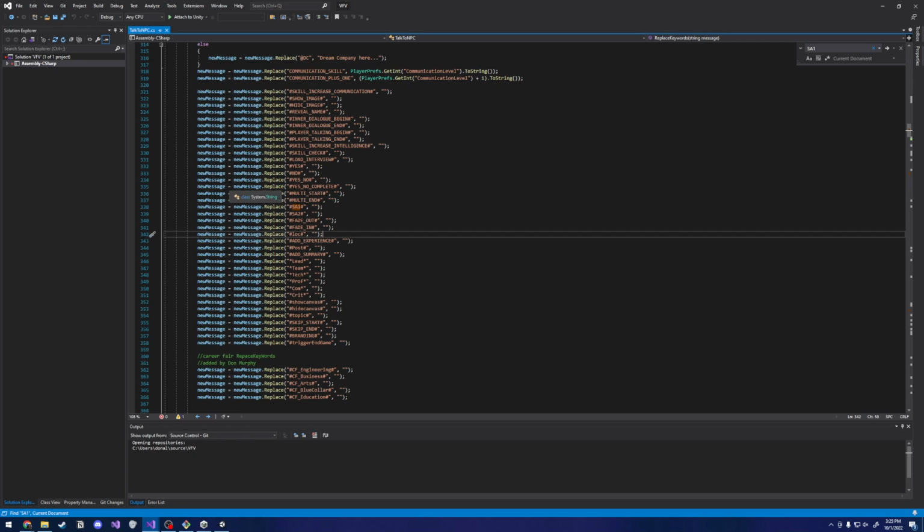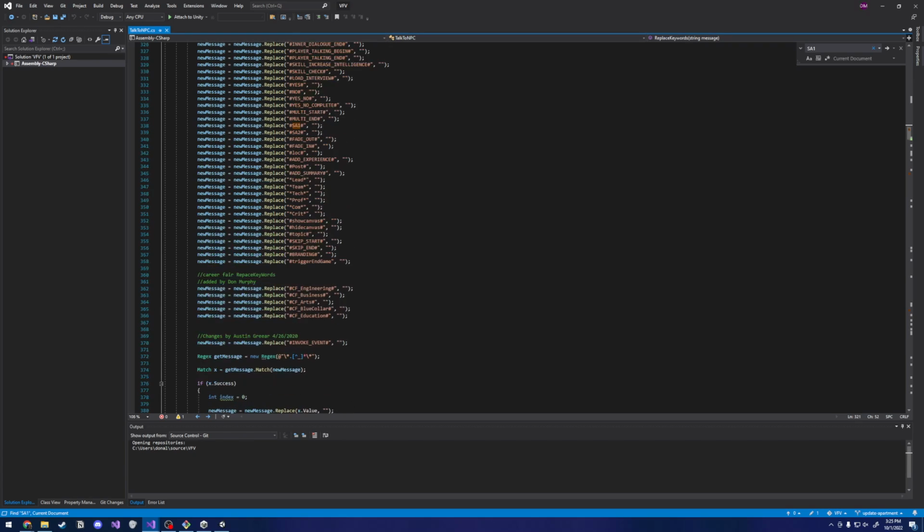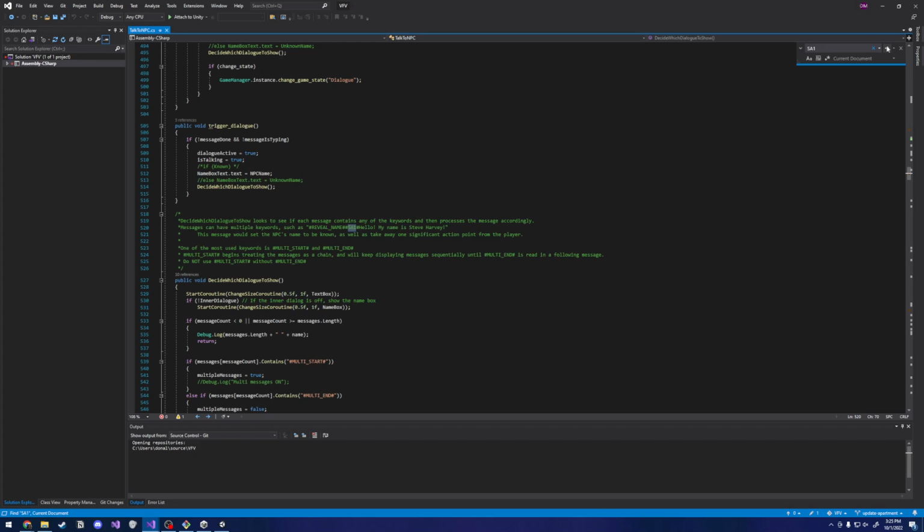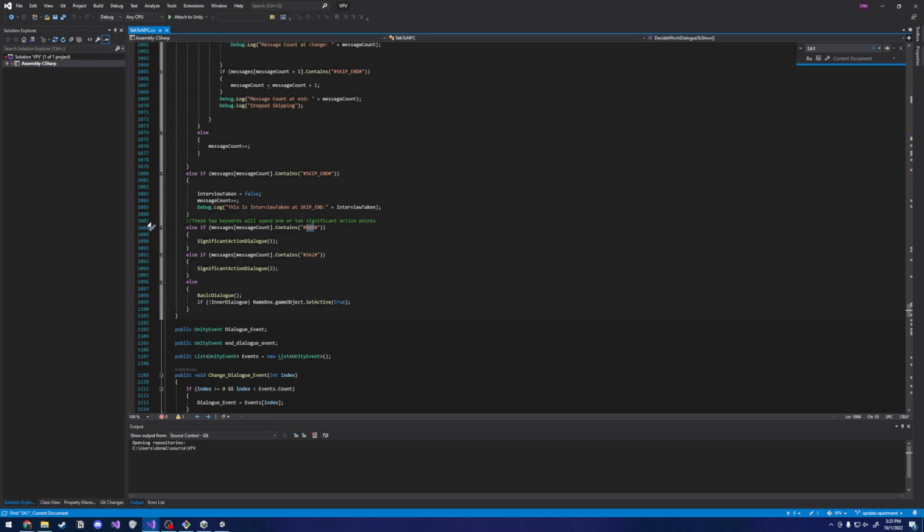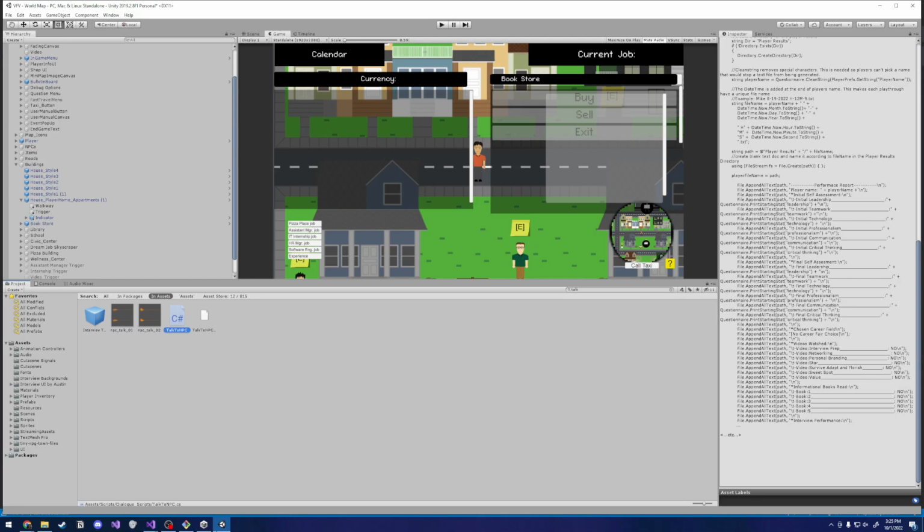And whenever you're talking to NPCs, any of these special things that are in here, it will call the corresponding definition and execute that in the game. So basically SA1, if you see, when we talk to the apartment,